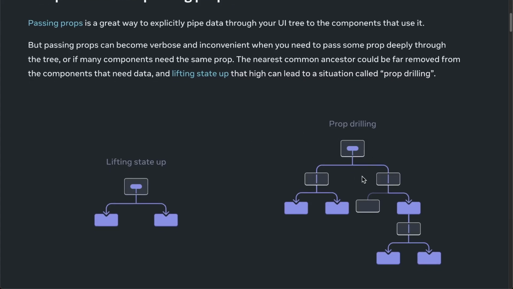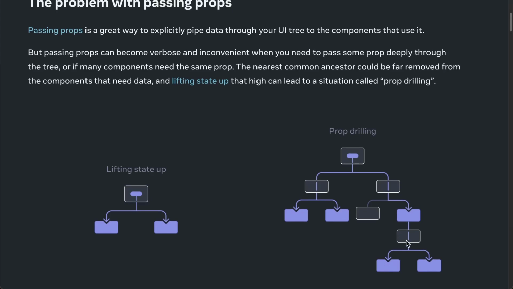In their little diagram here, say you have a component and then you need to pass a prop to this child and this child component. I'm going to show you examples in actual code in a second. This is perfectly reasonable. This is still very manageable. You're just passing props one layer to one child and one child. But you are going to run into situations in your application where maybe you have that same parent to child setup, but then you realize that, okay, actually, these children over here in my application also need that same state. So you end up lifting state,